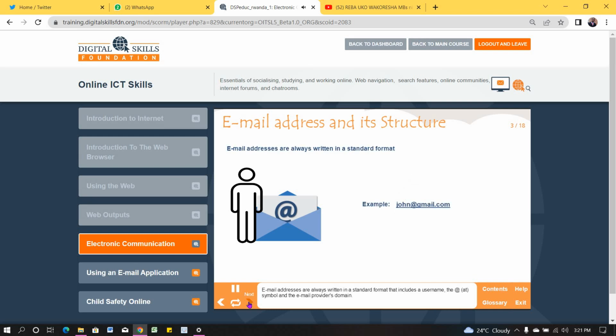Email addresses are always written in a standard format that includes a username, the @ symbol, and the email provider's domain. The username is the unique name you choose to identify yourself, and the email provider is the website that hosts your email account. For example, look at this email address,